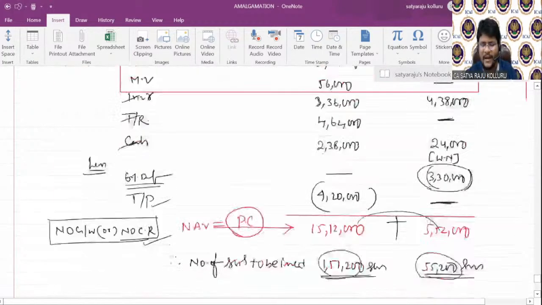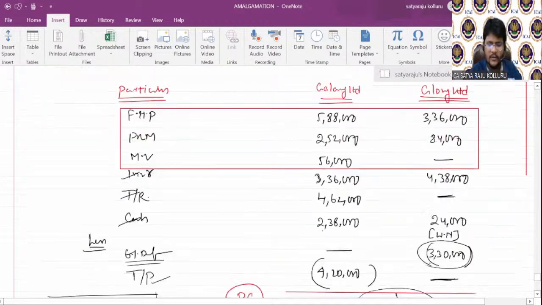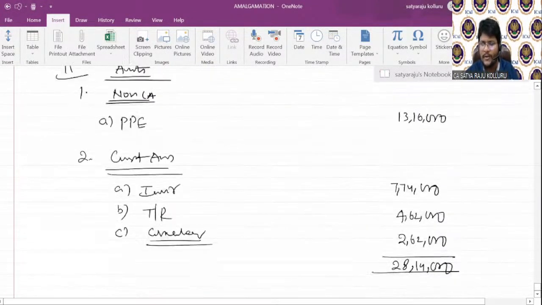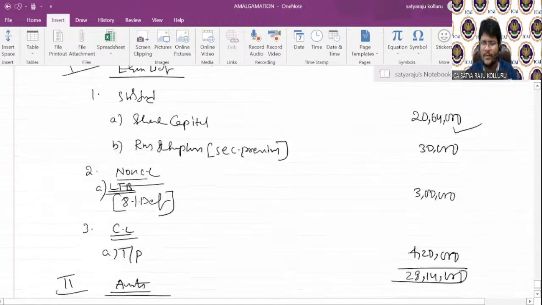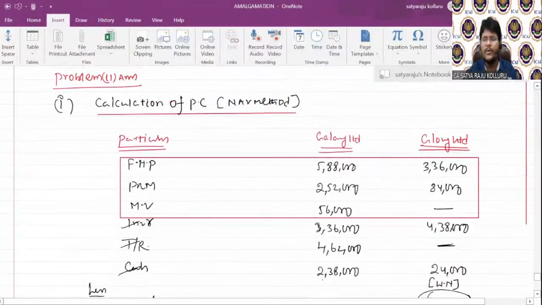So PC, I calculated the number of equity shares, which is the question number 1A answer. Under that, first question answer. So this is the second one, balance sheet. The problem is asked for 15 marks. Hardly I took 10 minutes to complete the entire problem. Once you have a good grip on the concept, it doesn't take much time to complete the problem. Hope you understand. Am I right, guys? This is not a new problem, only a general problem. Can I proceed further?